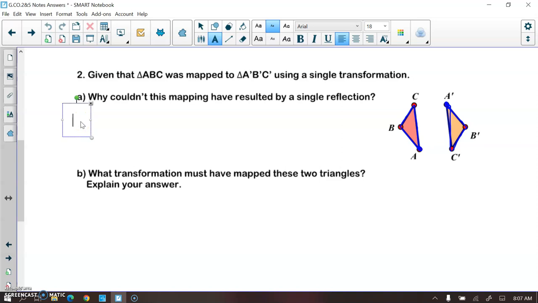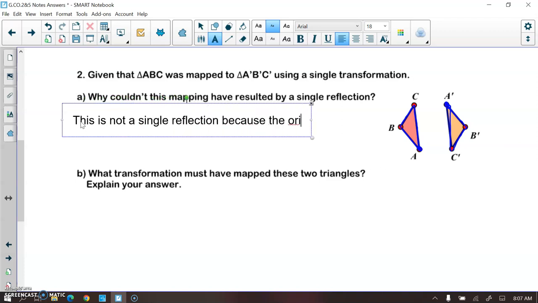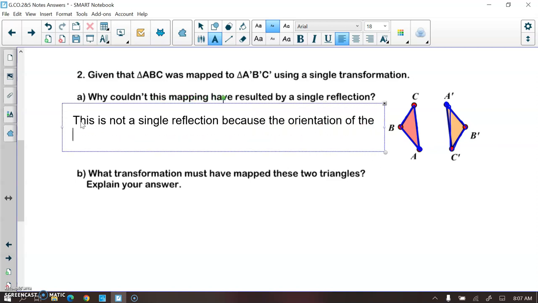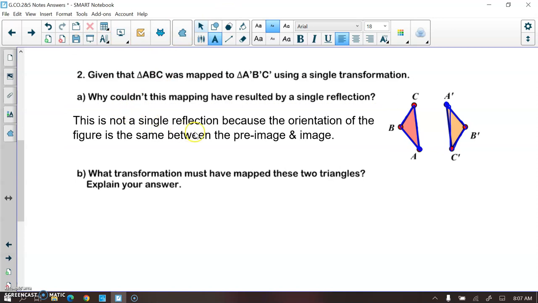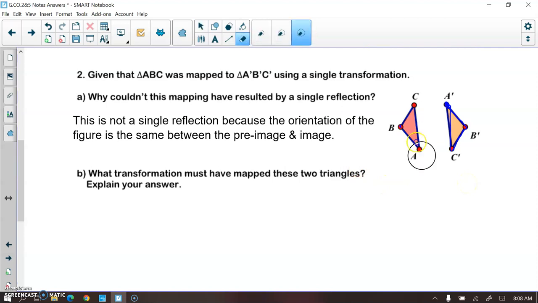So we can explain that this is not a single reflection because the orientation of the figure is the same between the pre-image and image. So it says, what transformation must have mapped these two triangles together? Well, if it's not a reflection,